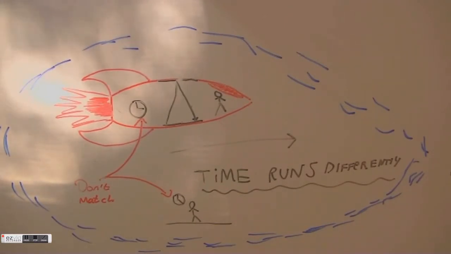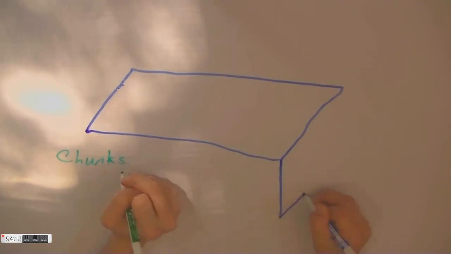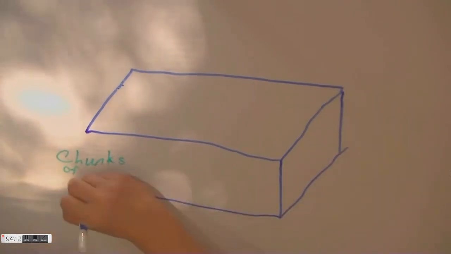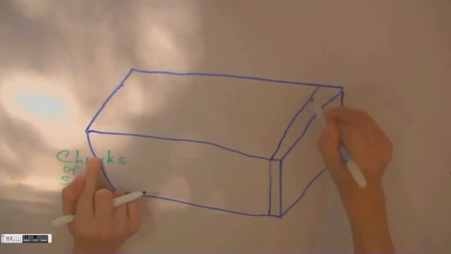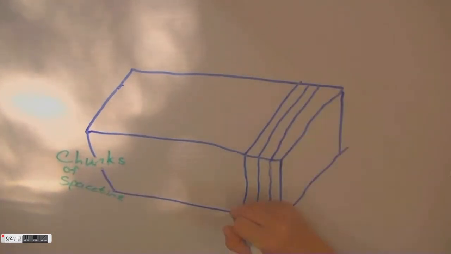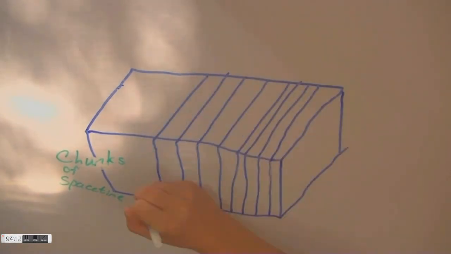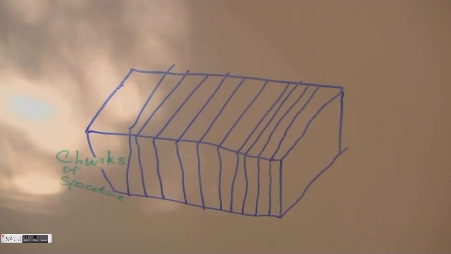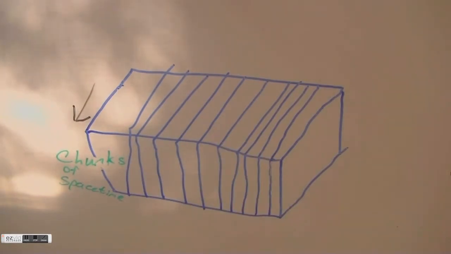So now let's say that all of space-time is a giant loaf of toast. Now let's say that the face of the toast is space, and those two axes are space. Now let's say that the length of the toast is time. So let's divide the toast up into different sections, and let's call each section, I don't know, 1 year. Doesn't matter for this example. Now let's say we have a person that's walking in one direction at 10 miles per hour, or any speed really. Now what will happen is his now slice.